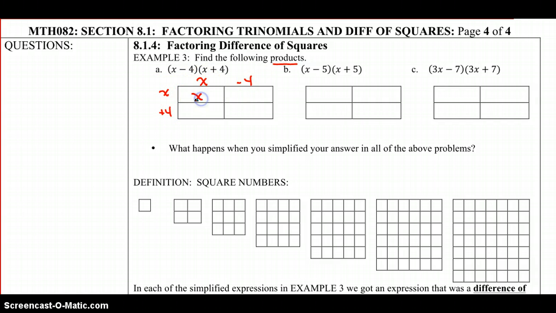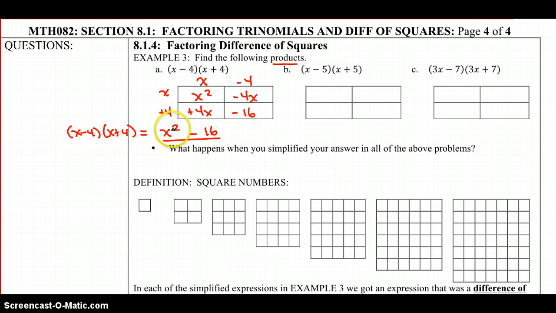So x times x, we get x squared minus 4x plus 4x minus 16. And when we combine our like terms, we're going to get x squared. But now we have a plus 4x, and then we're going to take away 4x. So we have 0 x's left. So 0 times x is just 0, and then subtract 16. Okay, so when we multiply x minus 4 times x plus 4, that's equivalent to the quadratic expression x squared